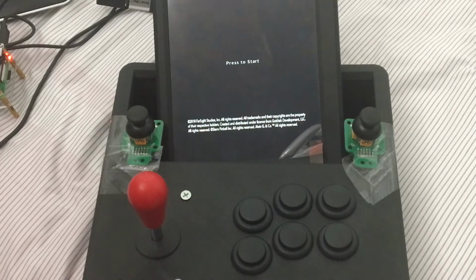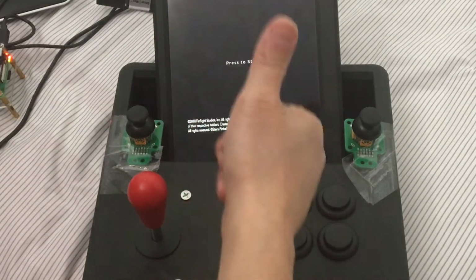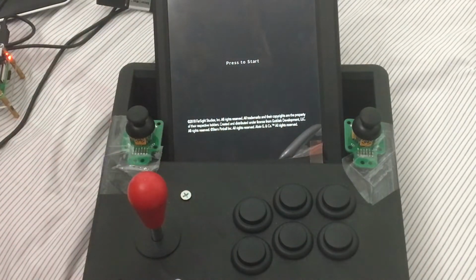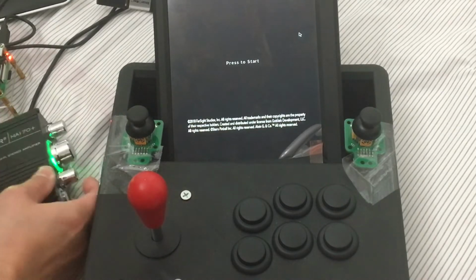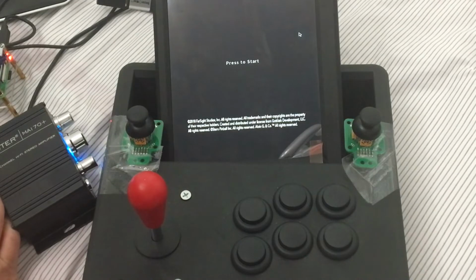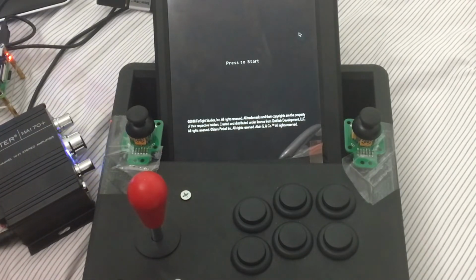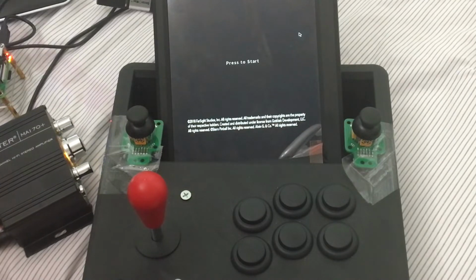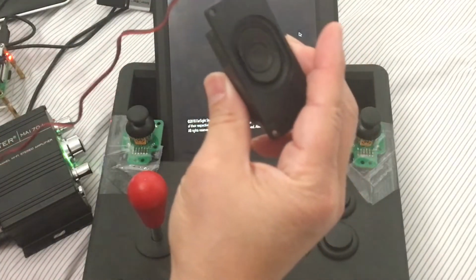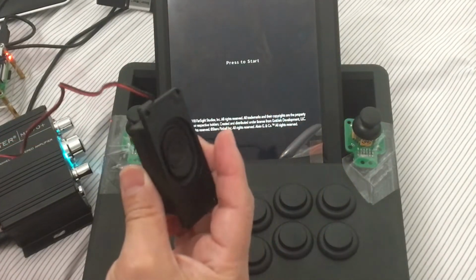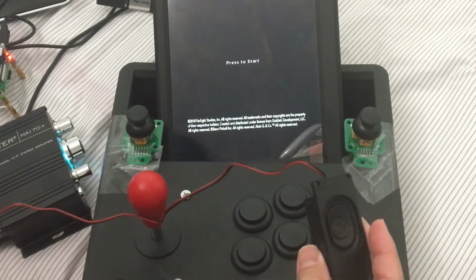Oh, the speaker is coming not from here, so that's good. So we figured out how to get the speaker working. Here's my amplifier. Let me get my speaker out of here. Stuck on with all this wire. So it's coming out from my speaker. So that's good. That means that we could use Arcade 1-Up